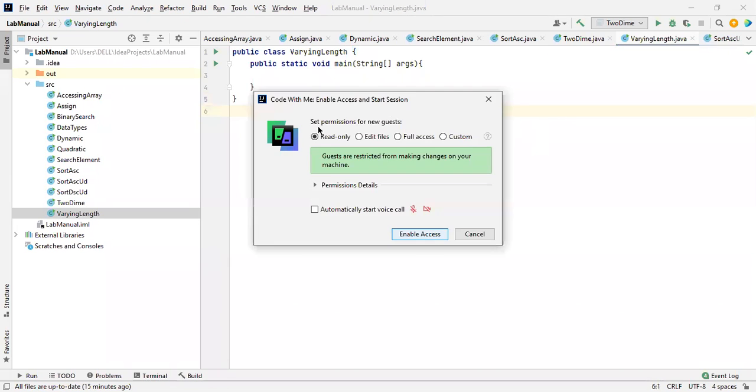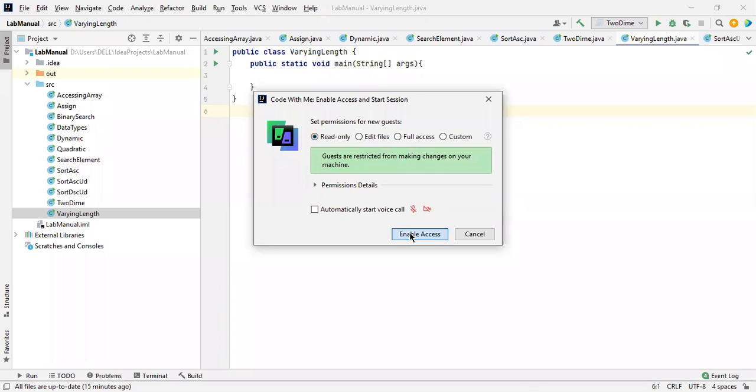I forgot to tell you about this. How to do this? Enable access and link. Here I can give either edit files, full access, or custom. If you want only to watch what I am doing, I need to give only this one. We have to choose a radio button over here. This is what we call a radio button, and this is a checkbox.